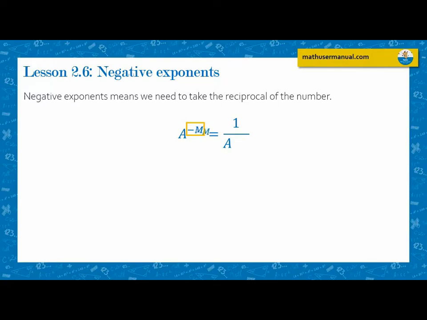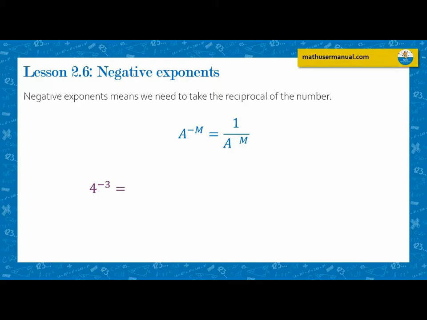But then what about the exponent? What about that negative m? We're going to copy it into the denominator. So negative exponent means we take the reciprocal. But one more detail: after we take the reciprocal, we delete the negative. So a to the power of negative m becomes 1 divided by a to the power of m. The positive m is important: as we make the reciprocal, we change the sign